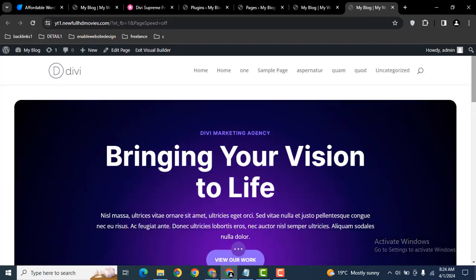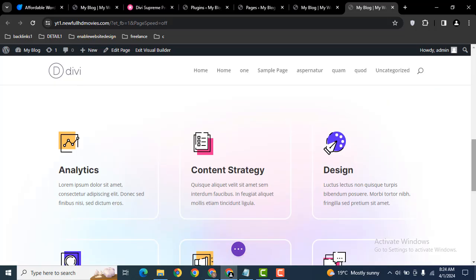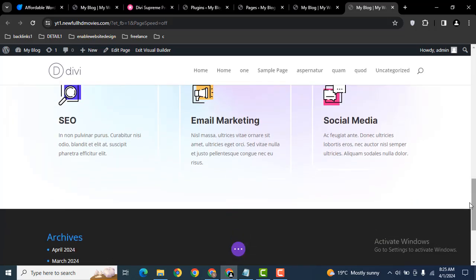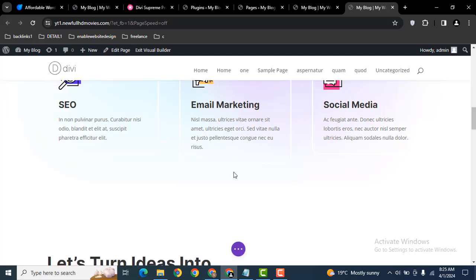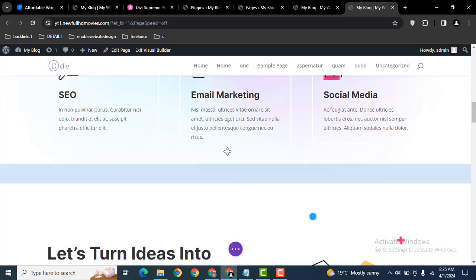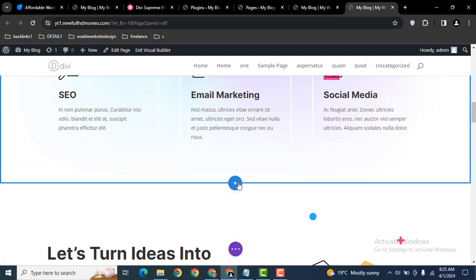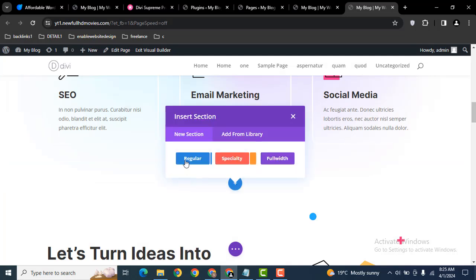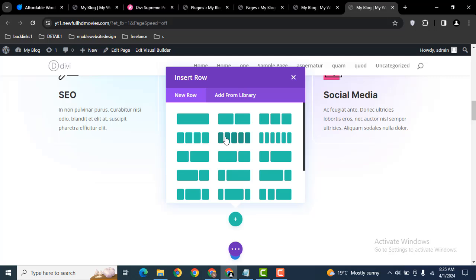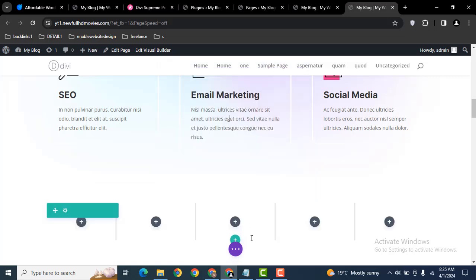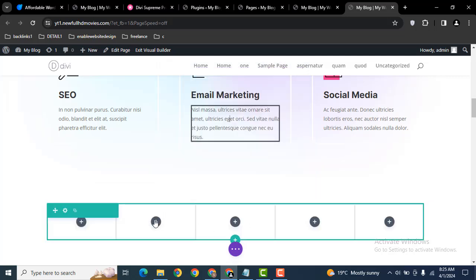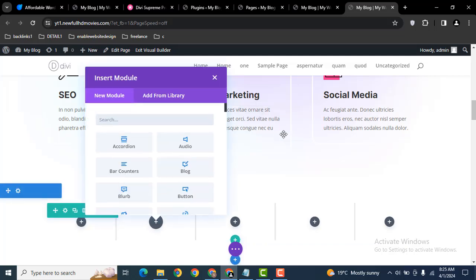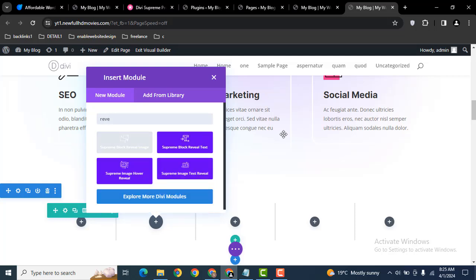Then let's go in the builder and add a new section. So let's find the plus icon and add a new regular section. Okay, then add a module. So search for image reveal. Here you can see this is the module,